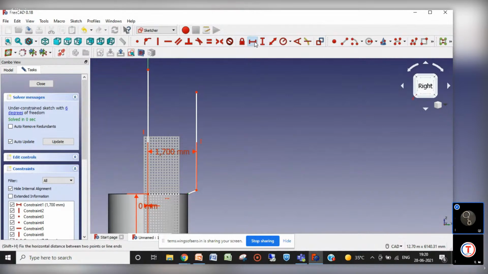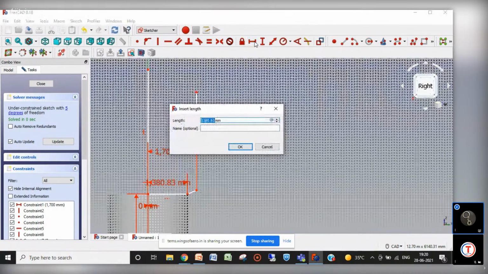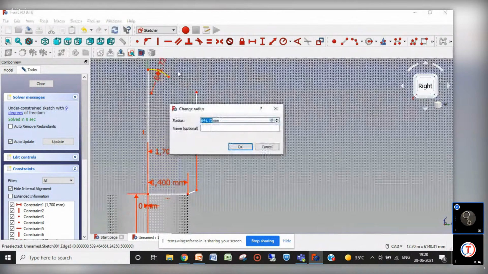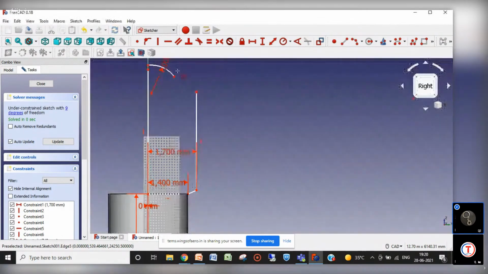Its horizontal distance would be like this. Now a straighter curve here and an arc there. I am taking 3-point arc like this and giving the radius of this to be 1000 mm, coinciding these 2 points,